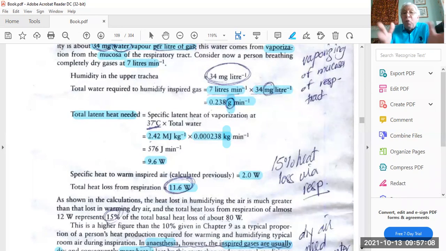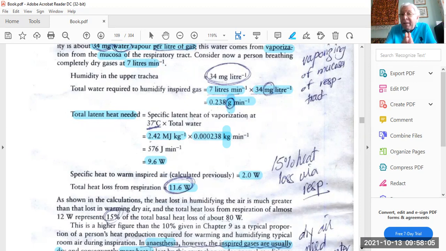All this will total to the figure you can see on the page. This amount of water must be taken from the mucous membrane of the tissue. How can we figure out the amount of heat required to vaporize the water of the tissue? We know that the specific heat of vaporization at 37 is 2.42. Multiply that by the amount in kilograms of the liquid required to humidify this amount. We'll reach the end result that for 7 liters to reach the human being, it requires around 9.6 watts